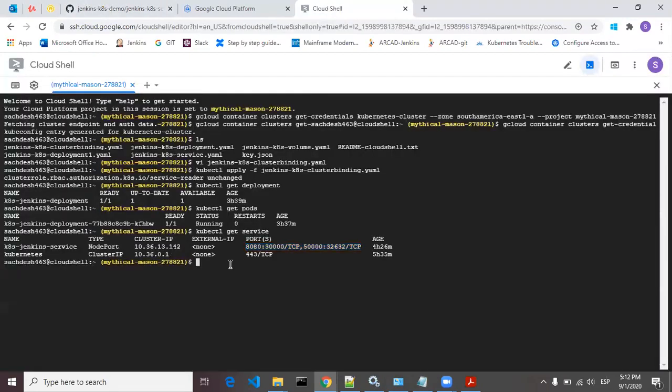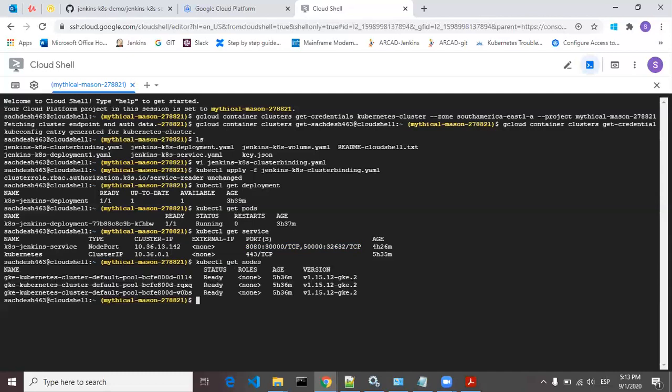Once you do all these steps, you will have to get the IP address and a node port. We have given the service as a node port, so we have to check the address of the node. To check that, kubectl get nodes -o wide.